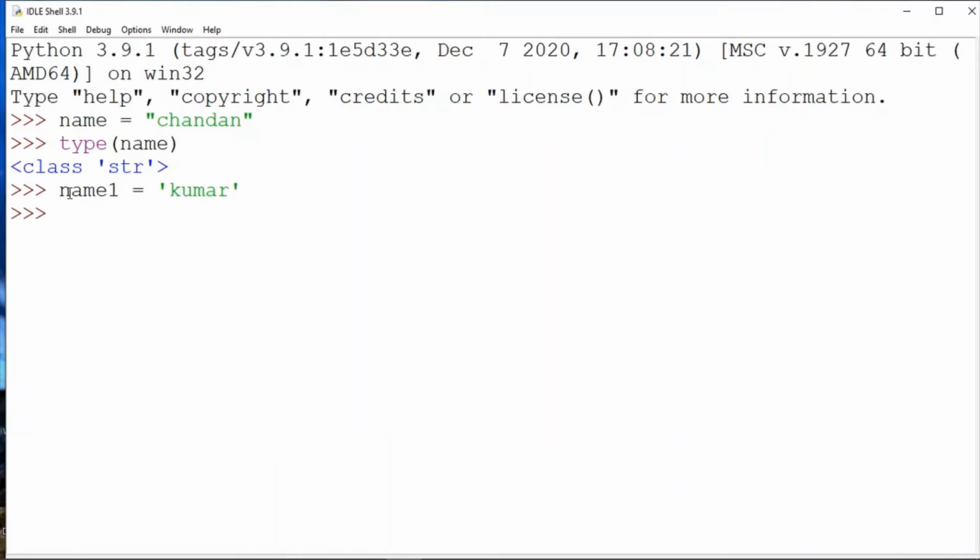Now if you want to check the type of it, just use the type method, and inside the type method you just pass your variable name, which is name1 in that case. So it is returning as a string.